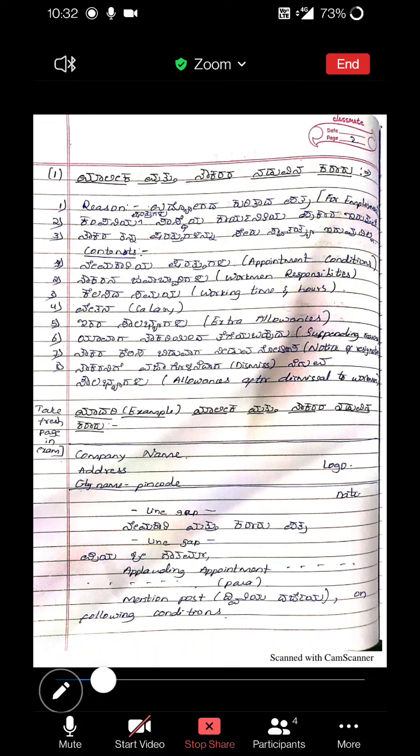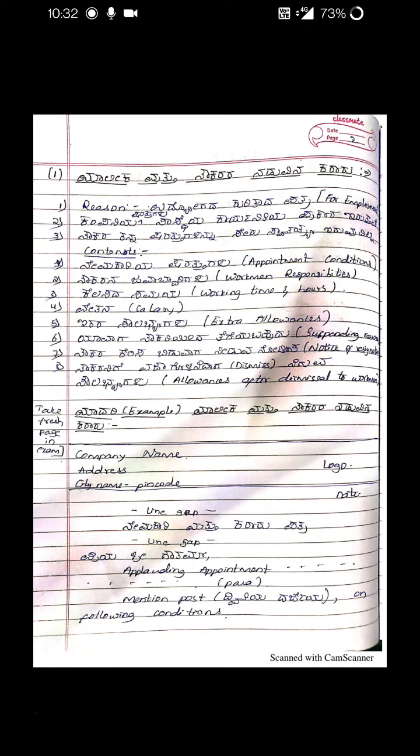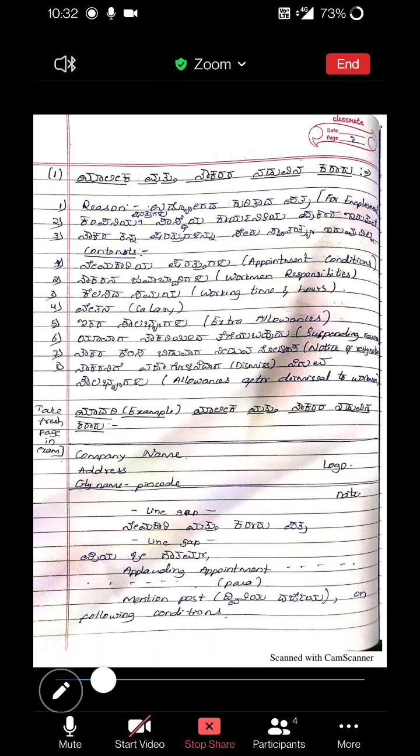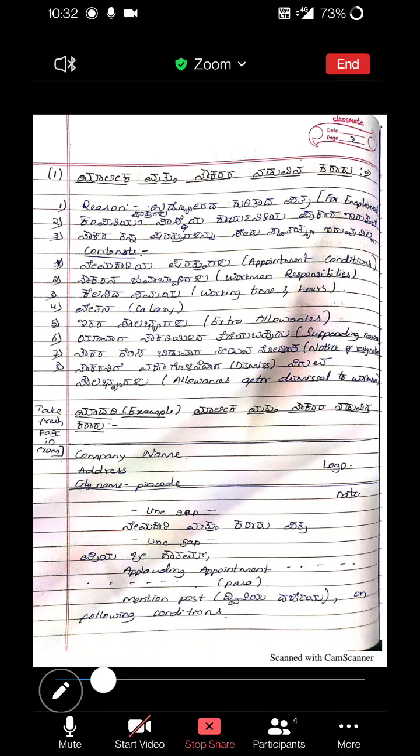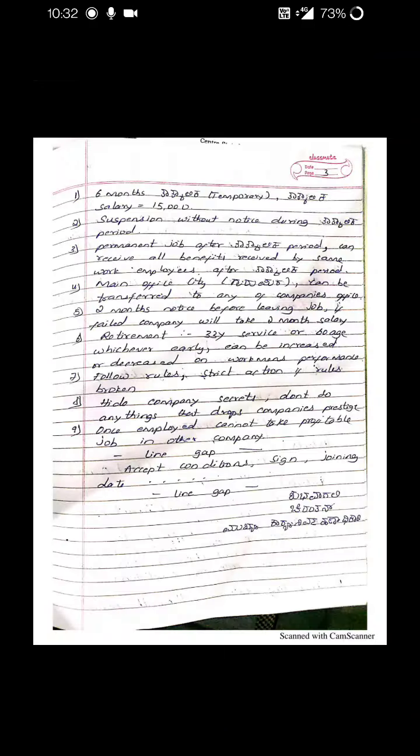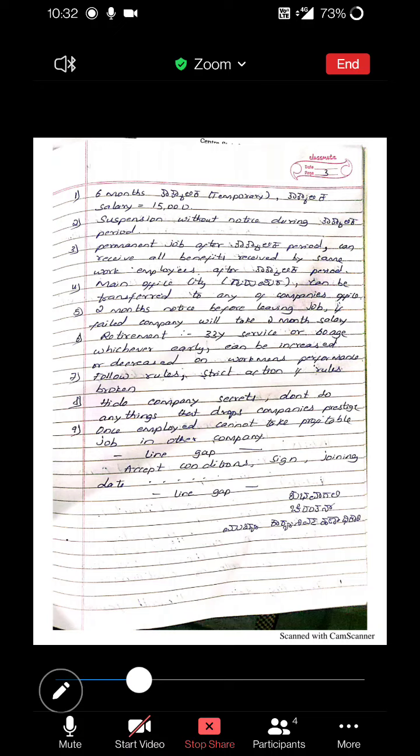Then there is the appointment offer. Something like, we are happy to invite you to work as an employee of the organisation. You have to write the appointment in paragraph 1. The next paragraph mentions the post, Dvitiya Darja, on the following conditions. So what is the post? It is mentioned Dvitiya Darja post on the following conditions, and the conditions are written. I have written it in English explanation. If you refer to the textbook later, then you will understand the Kannada words.